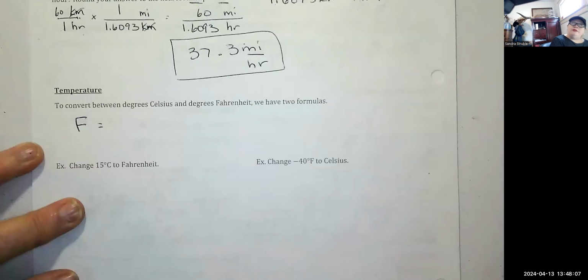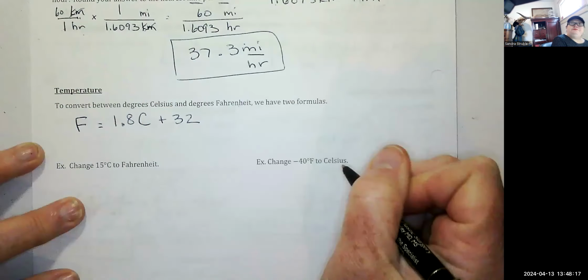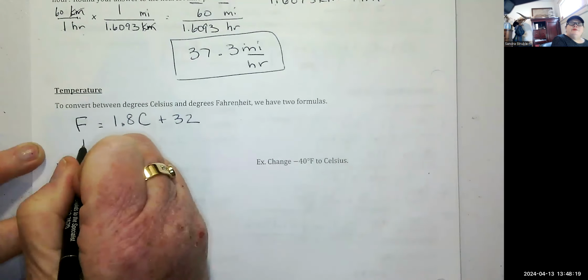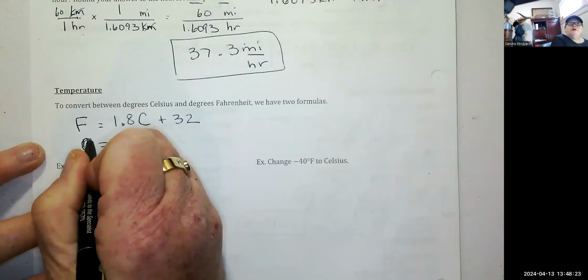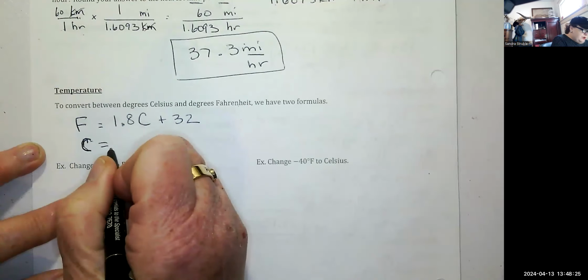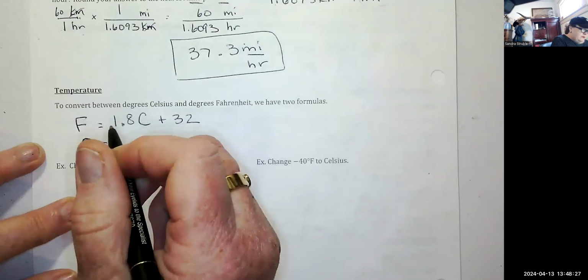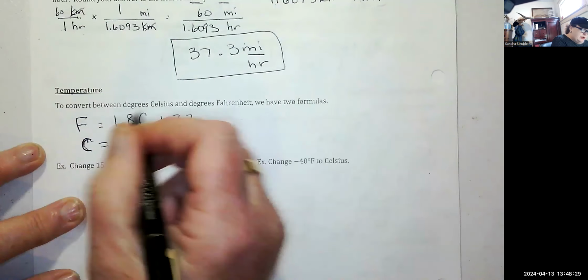If we want to look for the Fahrenheit and we know what the Celsius is, we can just use 1.8 times Celsius plus 32. Then for the other one, Celsius is equal to